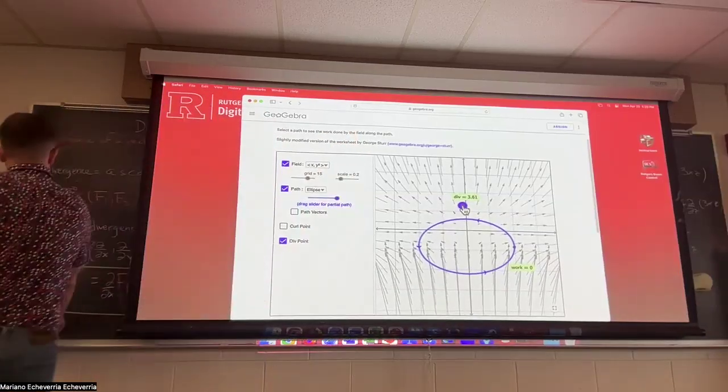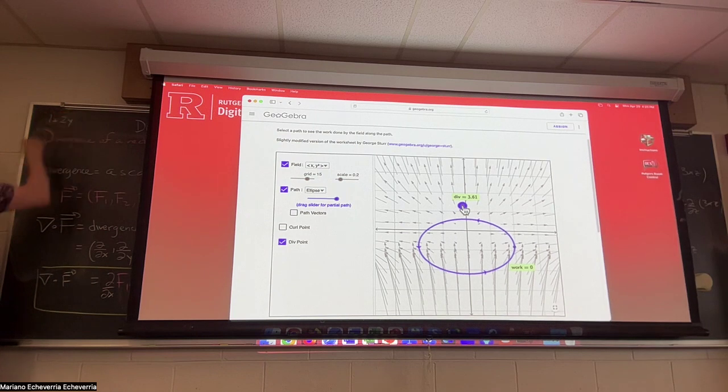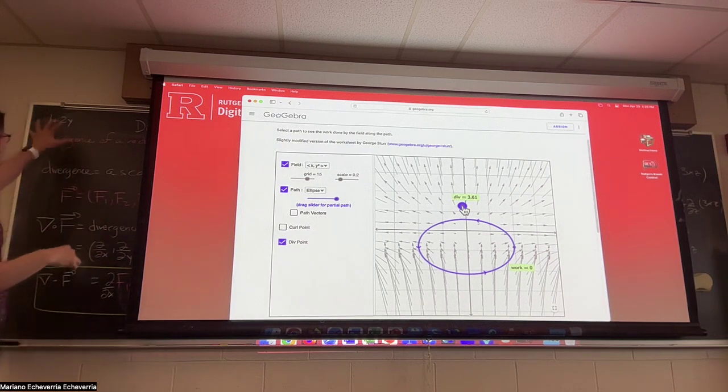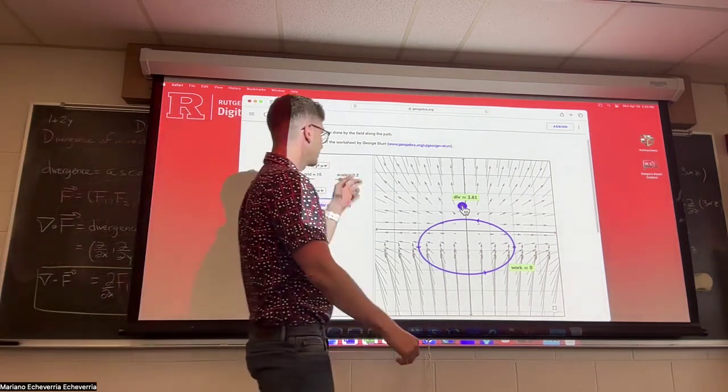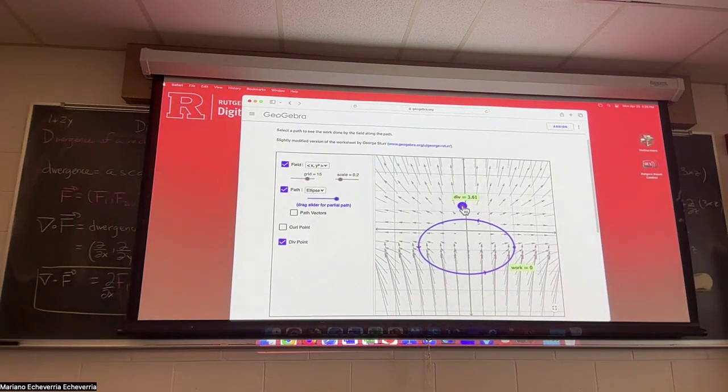So the divergence for this one is just 1 plus 2y. That's what you get. That means that at the point x comma y, the value is 1 plus 2y. So the value of the divergence does depend on the height, but at constant height the divergence should be the same. If I try to move this at a constant height, you see the divergence almost remains around 3 for this line, for example.